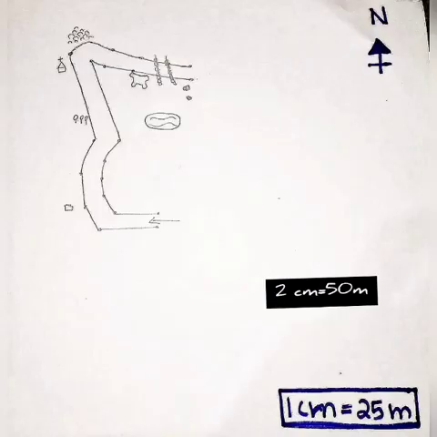Next, step 5. Place the protractor at the center of the paper, parallel with the north arrowhead. Step 6. Mark the first degree, that is 90 degrees, from the road traverse strip using a protractor and mark it as point B. Step 7. Join points A and B, and between them is 50 meters, that is equal to 2 centimeters. Step 8. Place the protractor on point B and mark the next bearing from the strip. Continue the process.